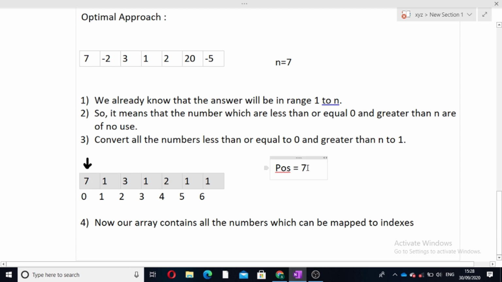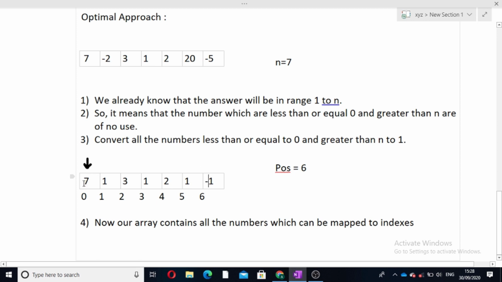So to convert it into a 0 based index, we will subtract 1 from it. So our position will now become 7 minus 1 equal to 6. We have found position 6. At position 6 we will update our value to the negative of that value. Initially it was 1.